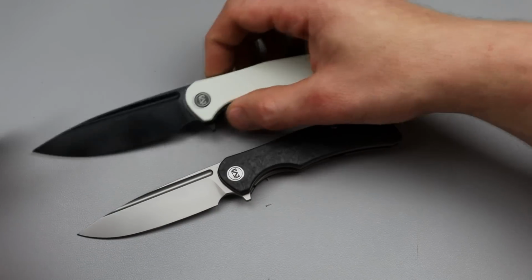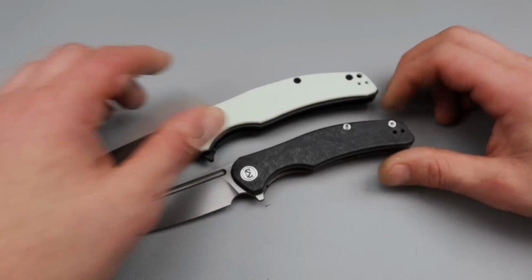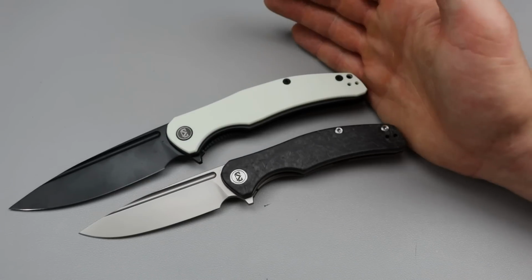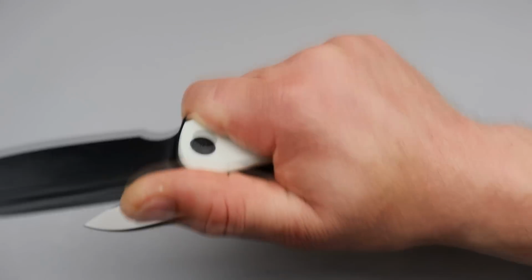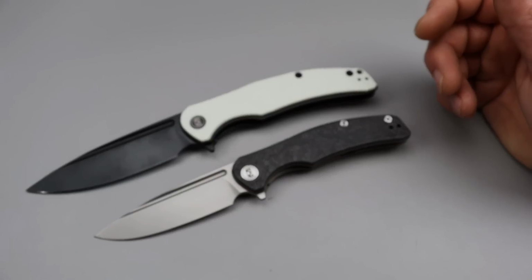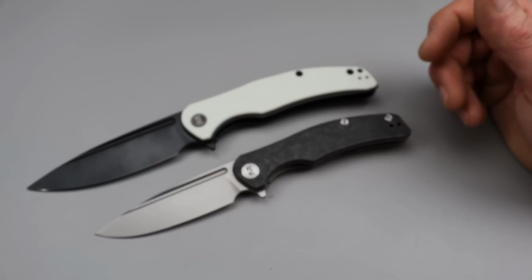Anyways, the knife overall, you guys already know. I love it. I definitely recommend it. It's something that is so easy to use. It's an easy grab, easy pick, very comfortable, good action, good everything. So yeah, they knocked it out of the park. And another thing with Miguron,